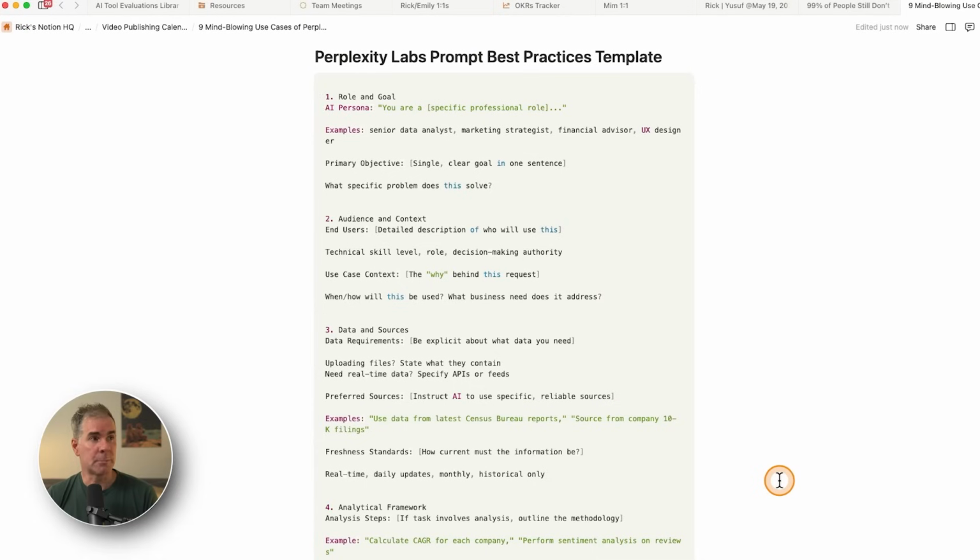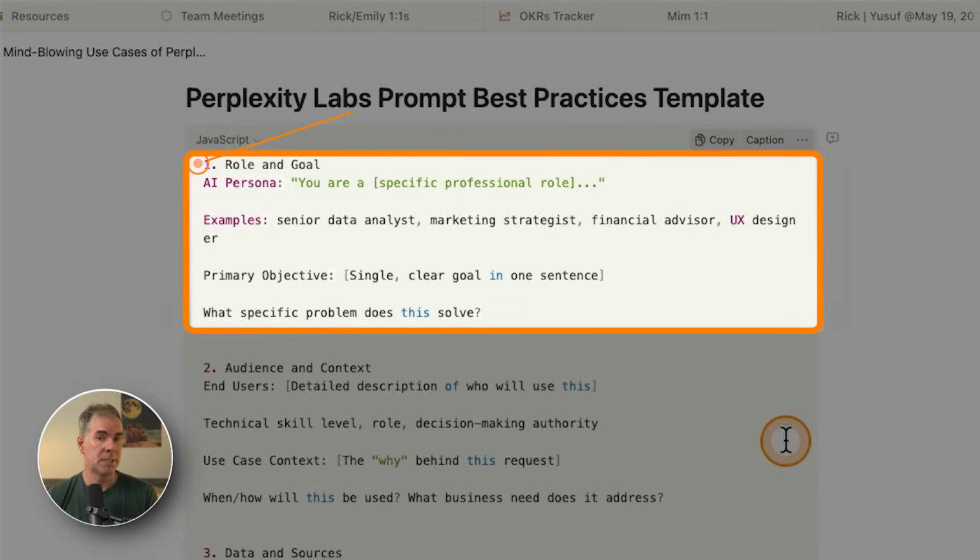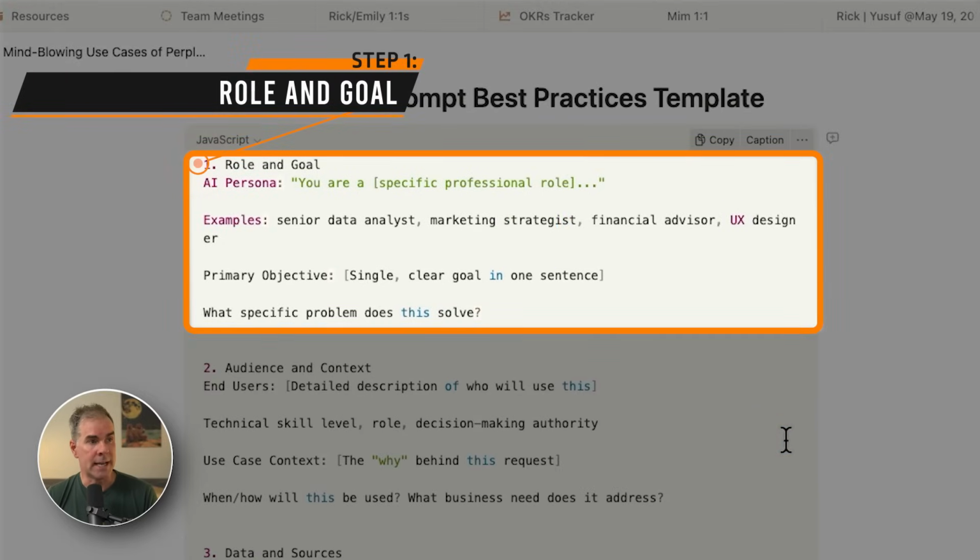Perplexity Labs. So here's the Perplexity Labs prompt best practices template that I put together because this is getting me the best results that I've seen within Perplexity Labs. So start off pretty much normal stuff here when it comes to prompting. You give it the role and a goal. The goal is really specific. You want to tell Perplexity Labs what you want as a result from the prompt,